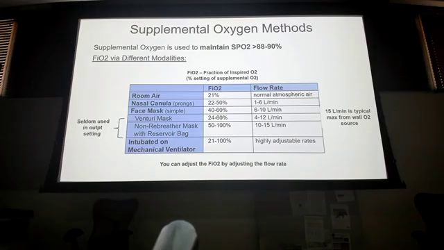All right, so supplemental oxygen, again, 88 to 90. A question came up during break: how do I know if it's a COPD patient that comes into the ER or to my clinic? You may not know. I will say 9 times out of 10, there's going to be a history, or it's going to be very clear. You look at the patient, and you have exactly everything that Mr. Rakowski said. You have a barrel chest, clubbing of the digits, cyanotic, you're a blue bloater, you're having difficulty breathing.